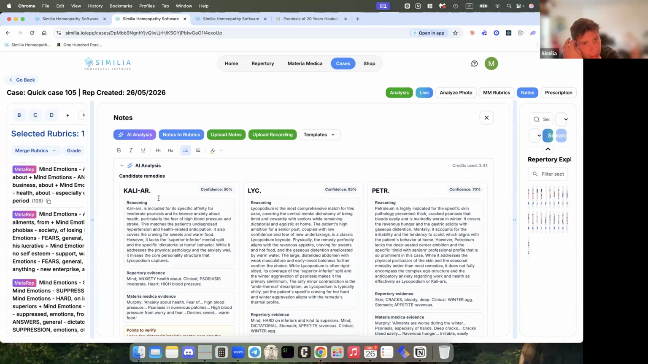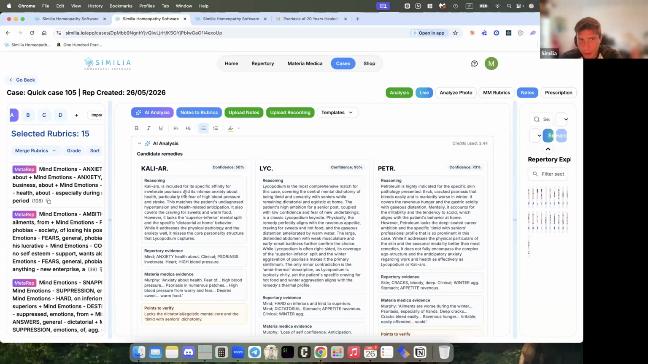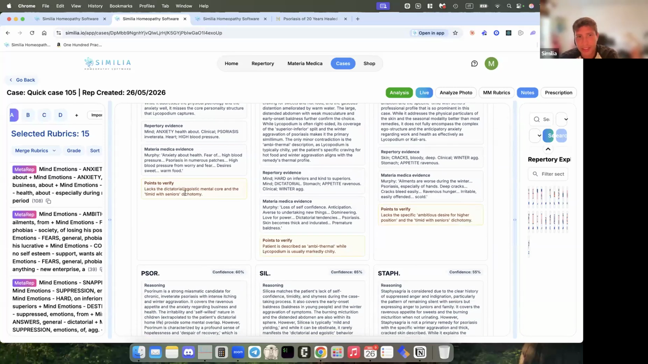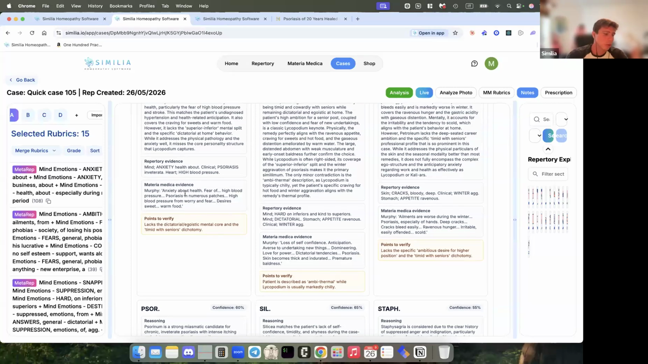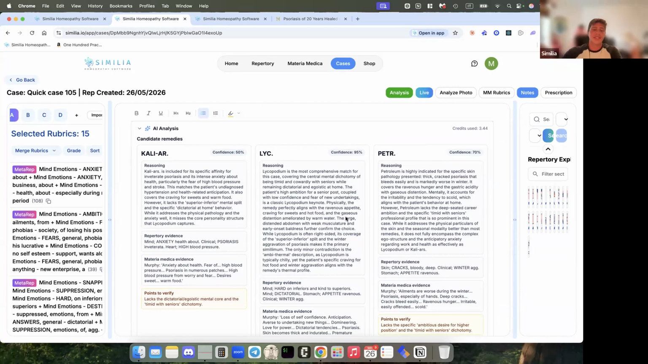Now, what do we get as a result? So we get up to 6 candidate remedies, which are displayed in alphabetical order. The reason is specifically that we don't want to really make a prescription or influence too much the decision. We have a confidence score next to each remedy, which is calculated basically based on how the AI believes a remedy matches the case better,